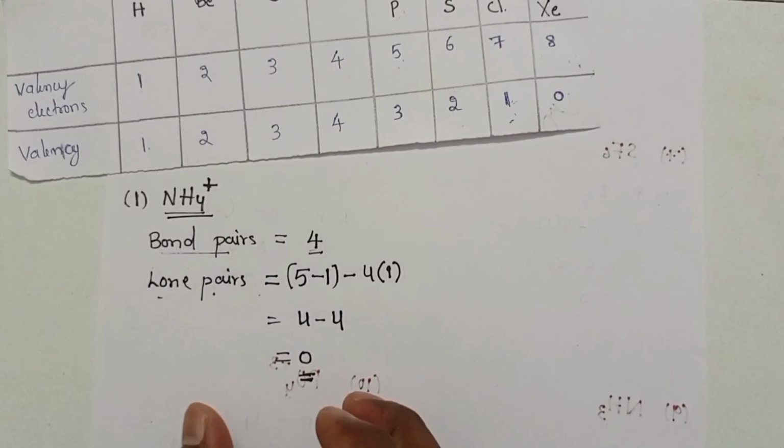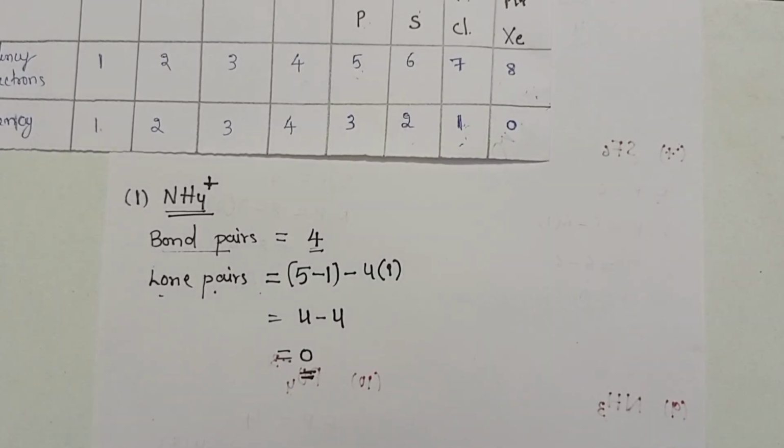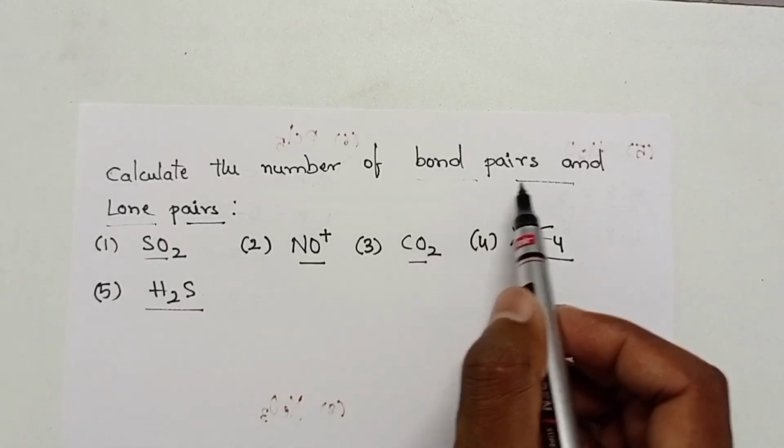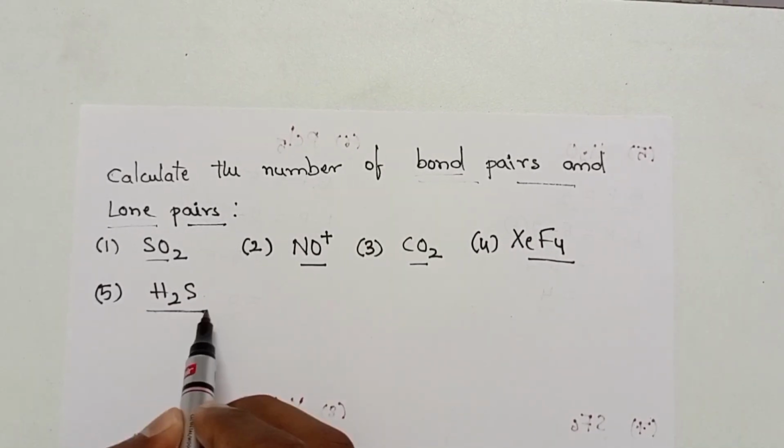So this is how we can calculate the number of lone pairs and bond pairs of any molecule, right? So for some other examples, find out the number of bond pairs and lone pairs and mention the answers in the